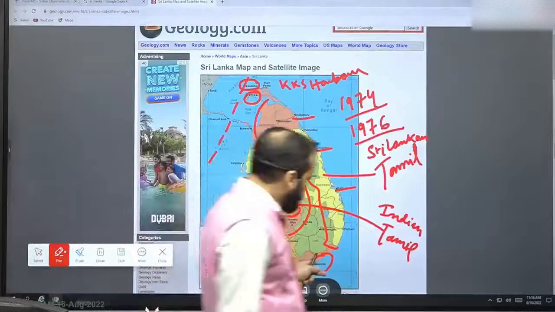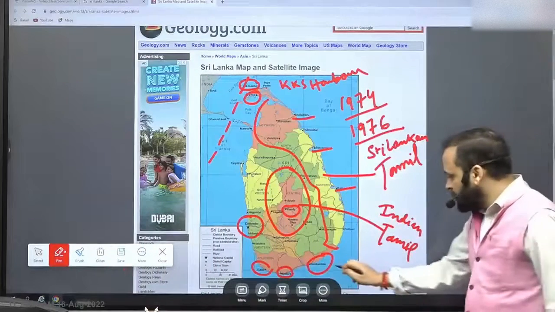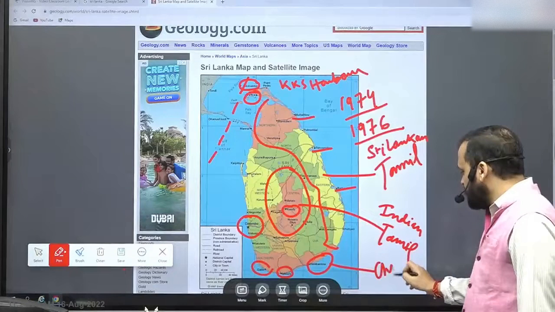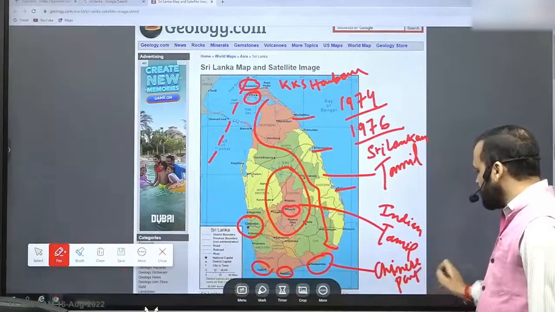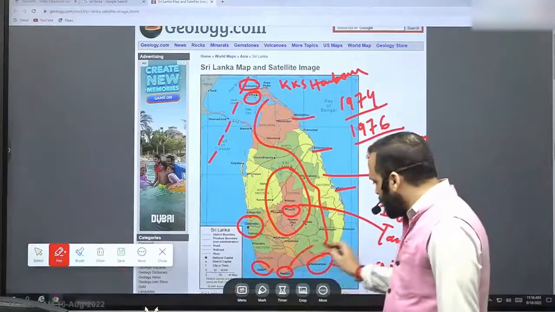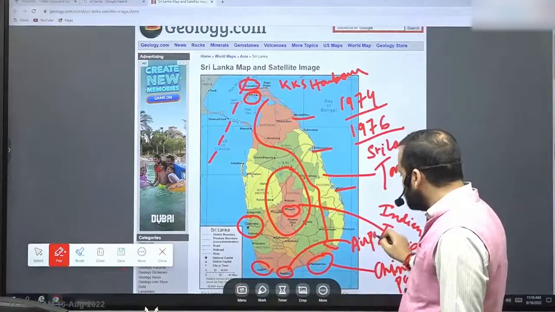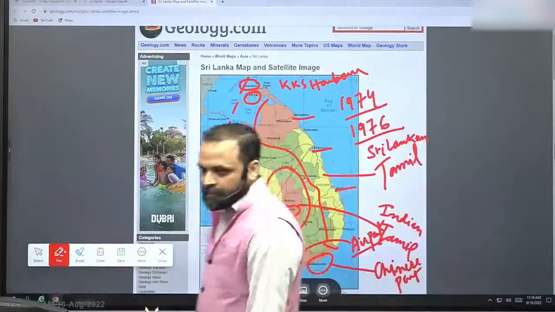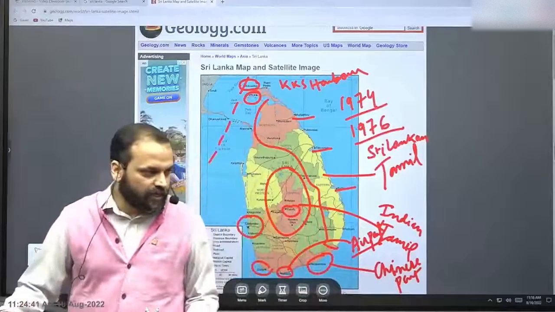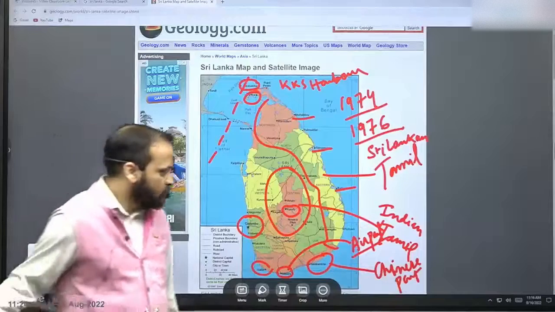And then locations like Hambantota or Matara, why are they important? Because Hambantota is where the Chinese built a port. That is why it is in the news. And Matara is where there is an airport, Mattala Airport, which again was built through Chinese investments. But India is interested in operating that airport, the Mattala Airport as it is called.